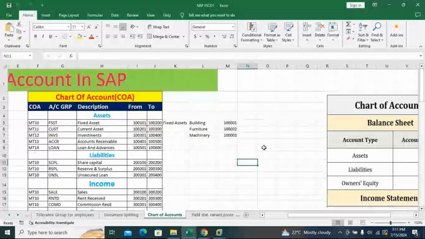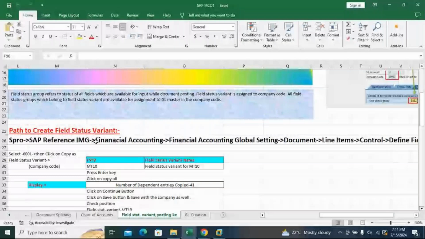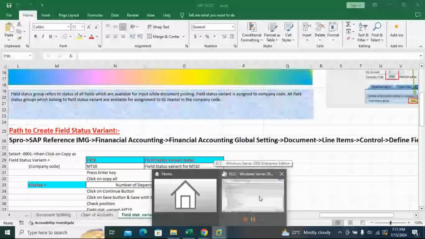So the field status variant path. I have given here SPRO, SAP IMG, financial accounting global settings, document, line items, control, and define field status variant.